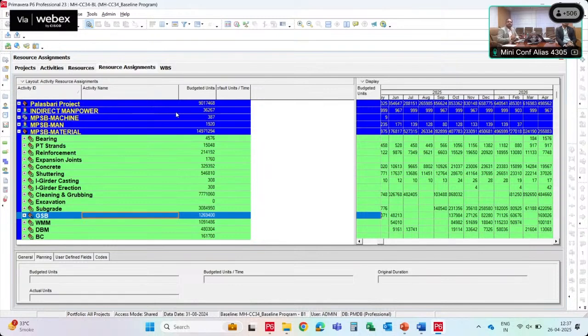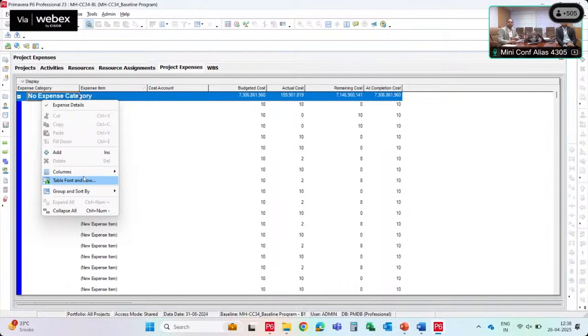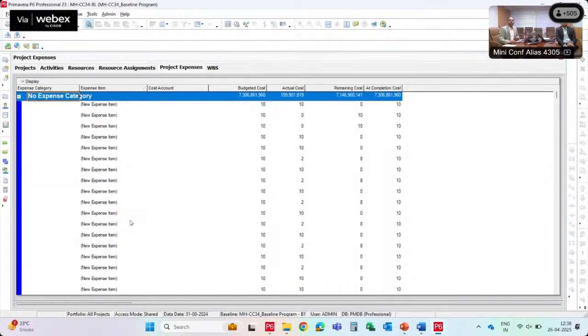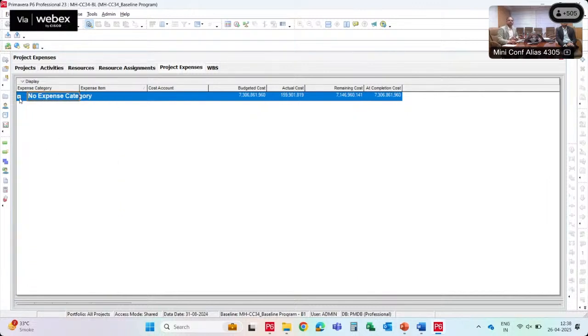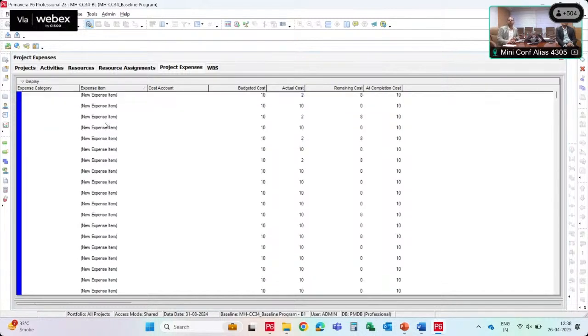And the third point comes in the expenses, where we assign the invoicing values in the program. In the projects we have the expenses tab. Here we have defined all the cost based on the